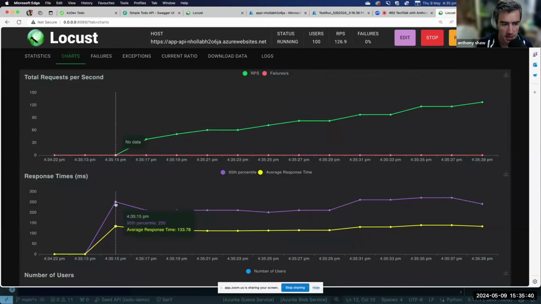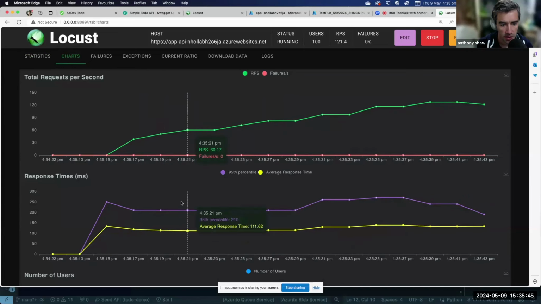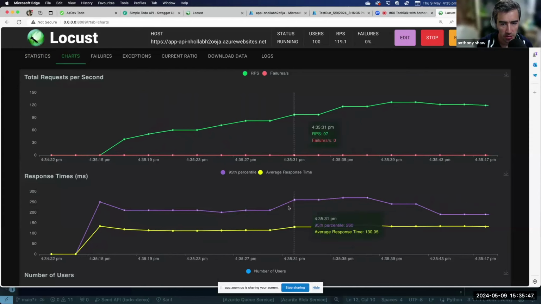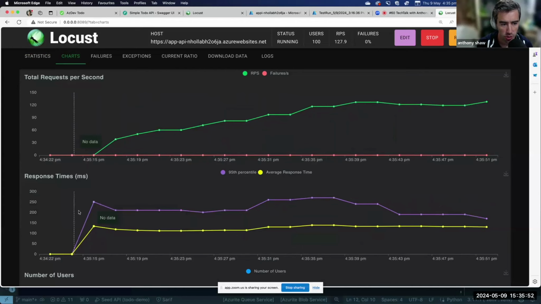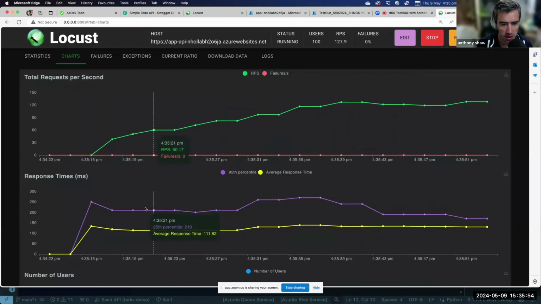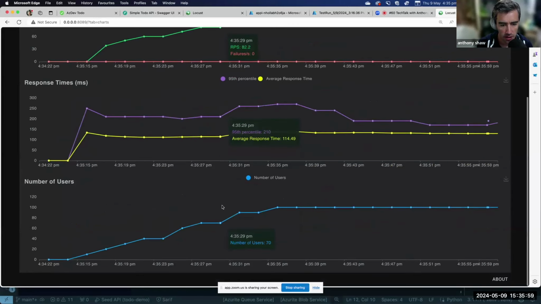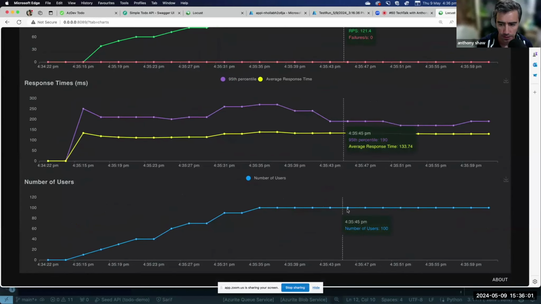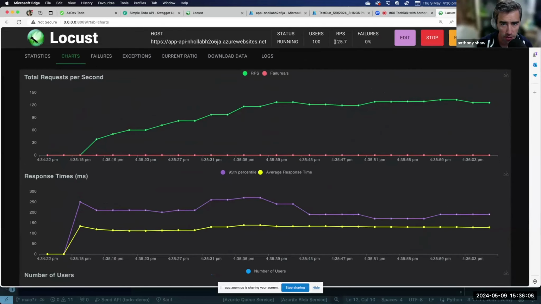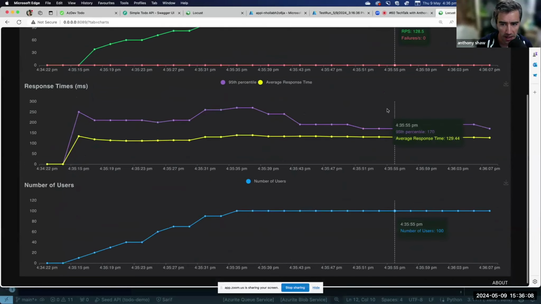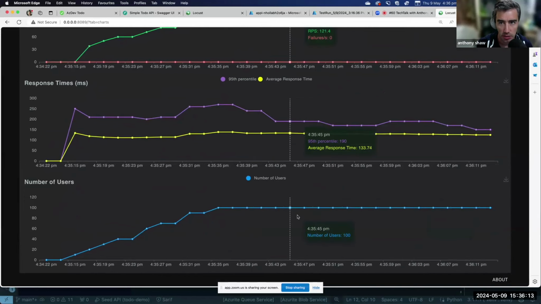Then I'm going to look here to see the response times on average for the application. And I want to see a stable line. If I try and start too many users too quickly, then you'll probably see a bottleneck. And a bottleneck means that this line is unstable, so it keeps ramping upwards. And I can see the number of users that are running here. Another cool thing about Locust is once it's running, you can actually up the number of users. So if you're happy that the application is stable and the performance is stable, then you can increase the number of users at any point.